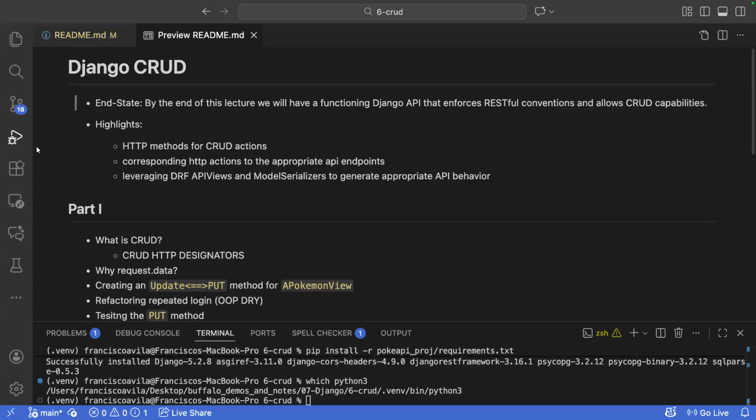All right, welcome everyone. Today we're going to be talking about CRUD with Django. The end state of today will be that by the end of this lecture, we will have a functioning Django API that enforces RESTful API conventions and allows for CRUD capabilities. The highlights for this lecture will be HTTP methods for CRUD actions, how they correspond to one another, corresponding HTTP actions to the appropriate API endpoints, and then leveraging Django REST Framework API views, and model serializers to generate appropriate